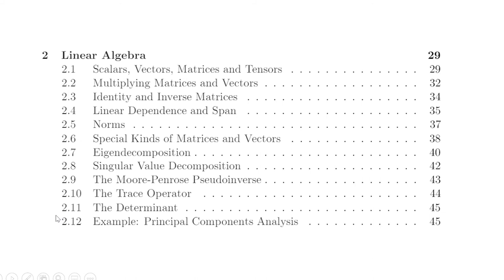You'll enjoy that one. And 2.11 is where we talk about the determinant, which if you've taken a linear algebra course before, might be weird seeing at the end and kind of as a footnote here, but the text for it in the textbook is literally about a paragraph, because we don't really use the determinant too much in machine learning, so it doesn't play that big of a role. 2.12 is basically an example that ties together all the things we learned throughout this entire chapter, but I don't have a lecture on it because you can just follow along with the text in the textbook, since you're just going through a few computations, and it'd be pointless for me to go through those exact same computations.